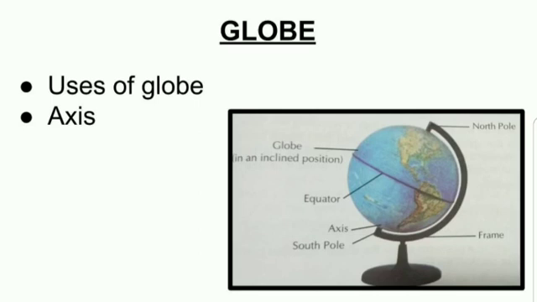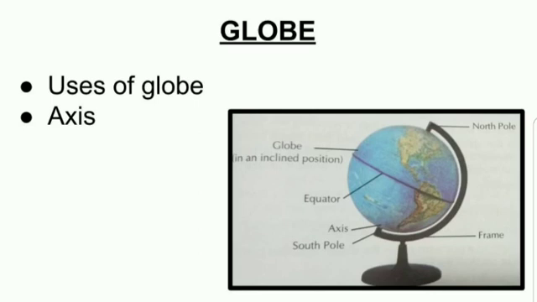Now we will see which are the uses of the globe. So why is a globe so useful? A globe represents the true shape and the axial tilt of the earth, the exact shape of the earth. Suppose you want to study the earth properly, then you should have the globe. The globe helps you to study the earth. Shape, size, direction, location and distance are accurately shown on a globe without any distortion. Meaning, if you want to study the location of any place, then we can take the help of the globe.